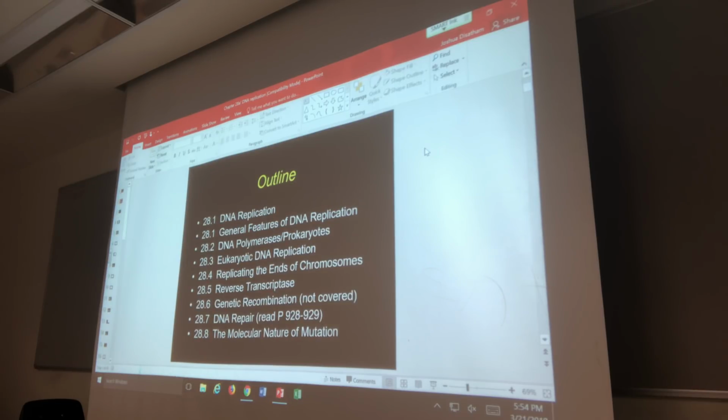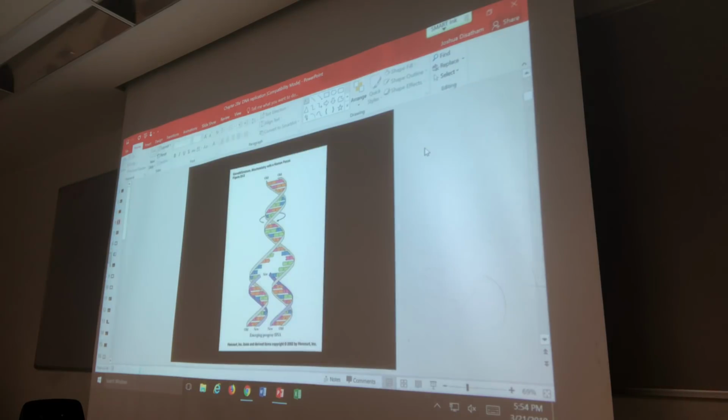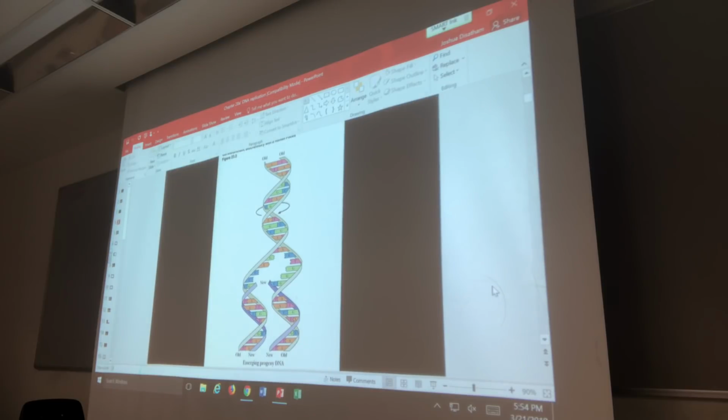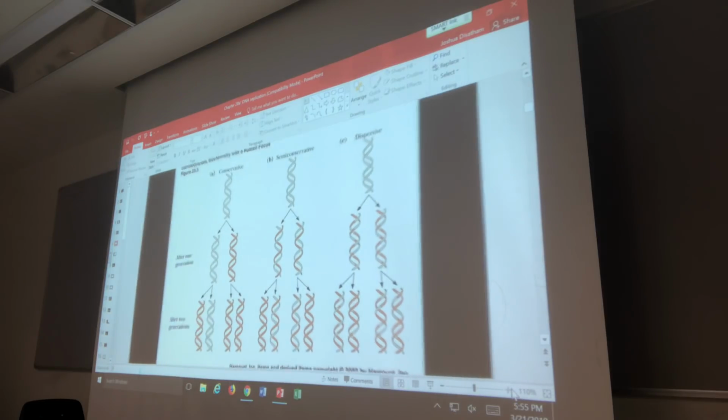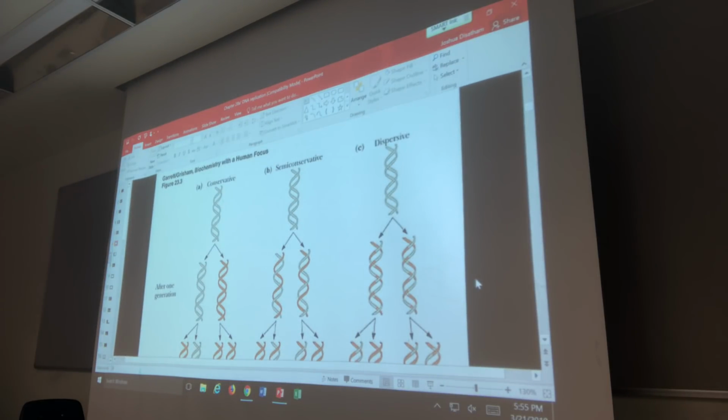So, let me see where they choose to start this. Blah, blah, blah, blah, history stuff, a picture of DNA replication. Actually, let me see if there's another picture that's better. Yes, this one's better. All right. Way back, long time ago in the ancient history of biology, they didn't know how DNA was replicated. There were three theories with how DNA was replicated: conservative replication, semi-conservative replication, and dispersive replication. They had no idea. So they had to figure out an experiment to figure out how DNA was replicated.